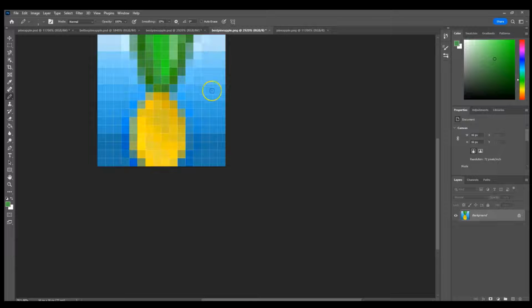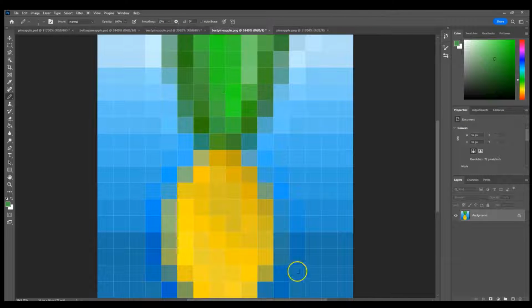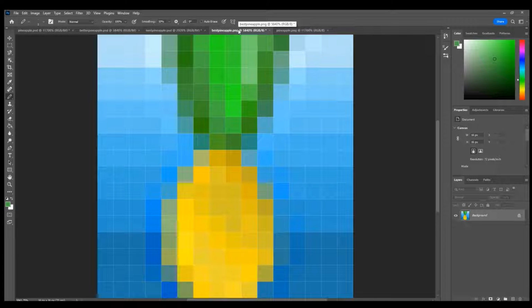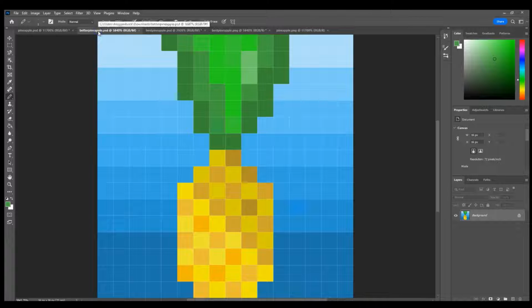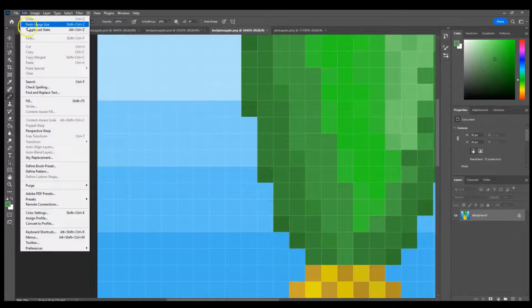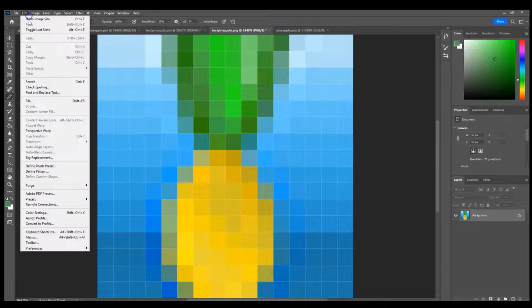And if we look at this 16 by 16 image, this is our pineapple that we just did, and compare that to the pineapple that we created here. These, even though both are 16 by 16, are not similar. In fact, this looks, I would say, much worse. Now, the reason for that is because Photoshop, when you scaled that image down, had to make a best guess as to what those pixels correspond to. So if I undo this real quick and take it back to toggle last state,